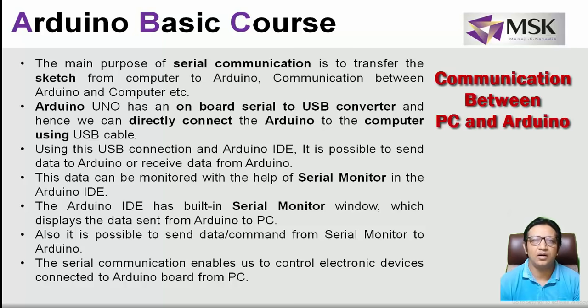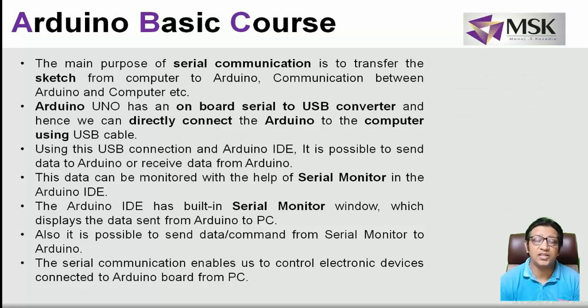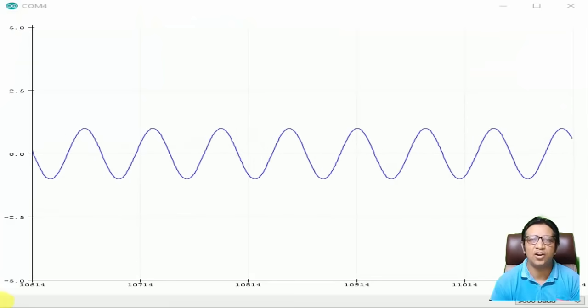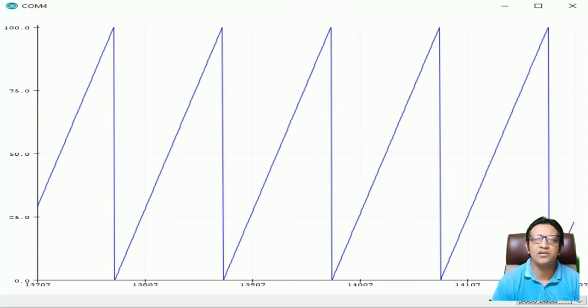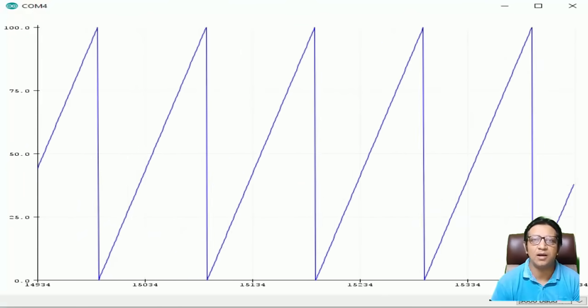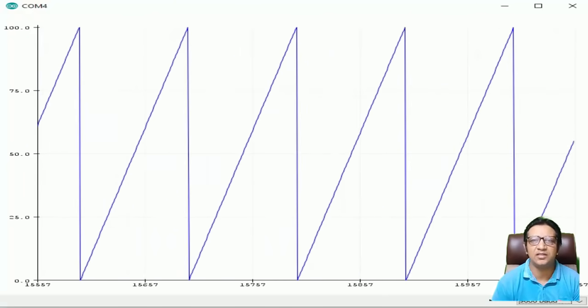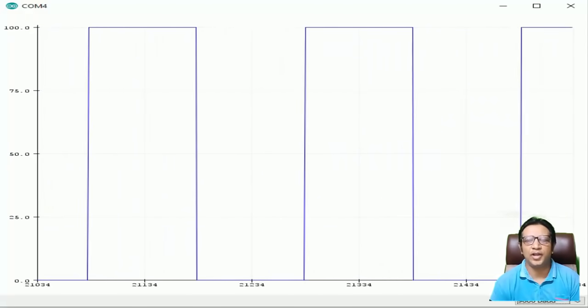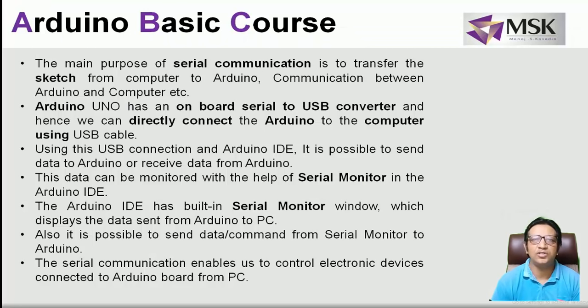Like the serial monitor, there is one more tool which is called a serial plotter. If I'm getting values from my Arduino to the serial monitor which are analog in nature or changing in nature, I can give this value to the serial plotter and plot the graph of that particular value. So I can come to know visually what exactly the status of the sensor is. In this video, at the end, we will see how this serial plotter can be used to plot sine waves or cosine waves.